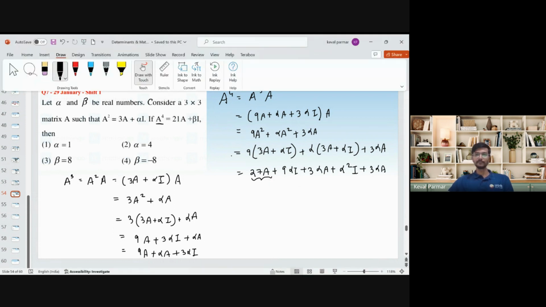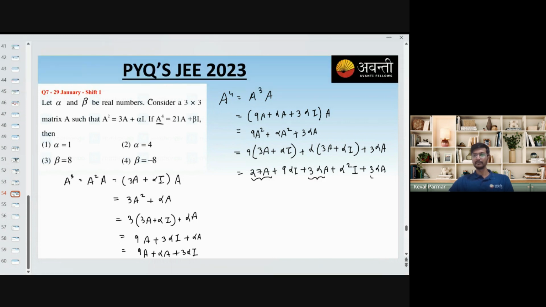So what are the A terms? This is A, this is A, this is A. That means we get 27 plus 6 alpha A. Group the I terms: plus 9 alpha plus alpha square I. It has been given to us that a raised to 4 is 21a plus beta I. So from this, we can write 27 plus 6 alpha equals 21. So alpha equals